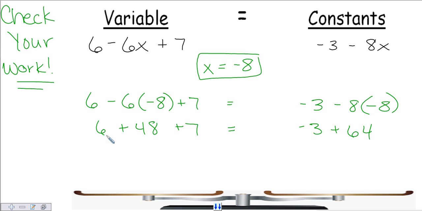Okay? So 6 plus 48 is going to be 54. 54 plus 7 is 61. Okay, so negative 3 plus 64, if I'm adding opposite signs, I'm really subtracting. So 64 minus 3 is 61, and I take the sign of the greater absolute value, so 61 is going to be positive. So both sides, 61 is equal to 61, so my equation is